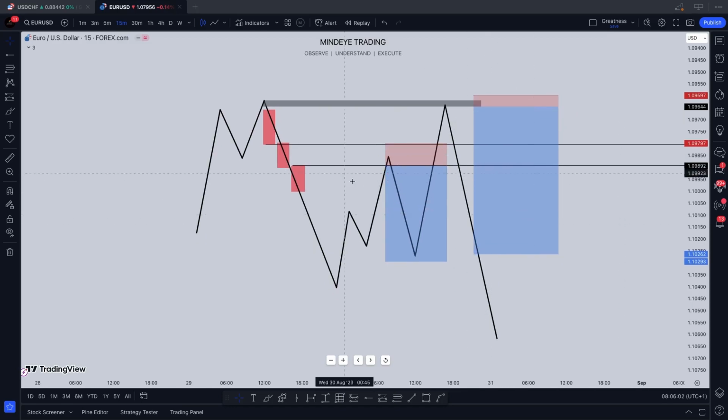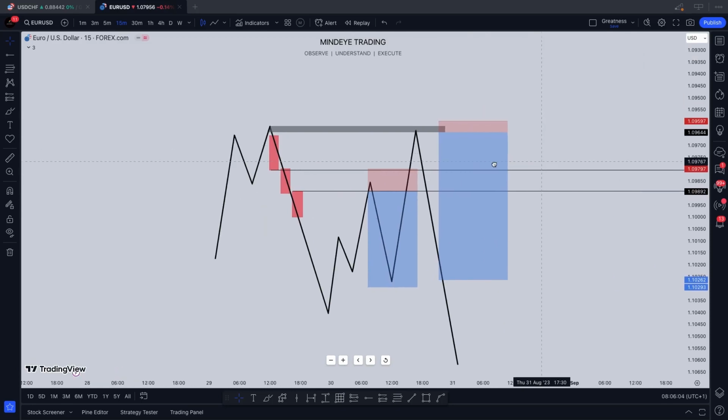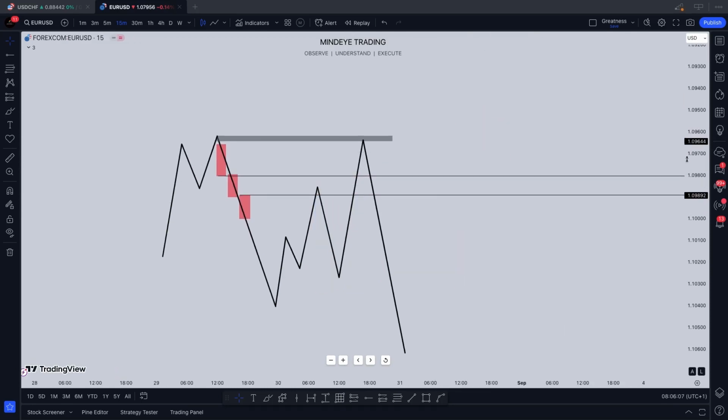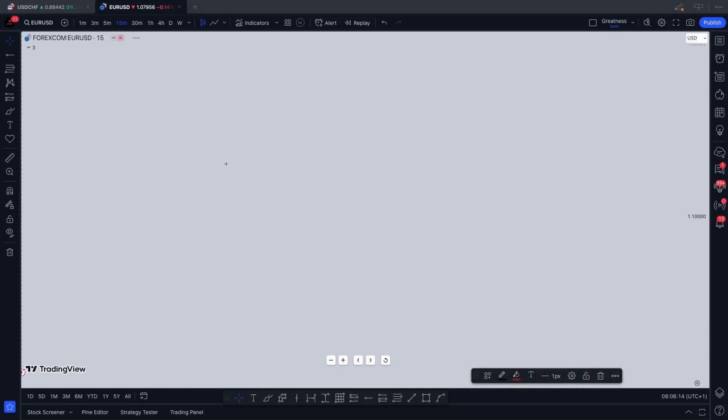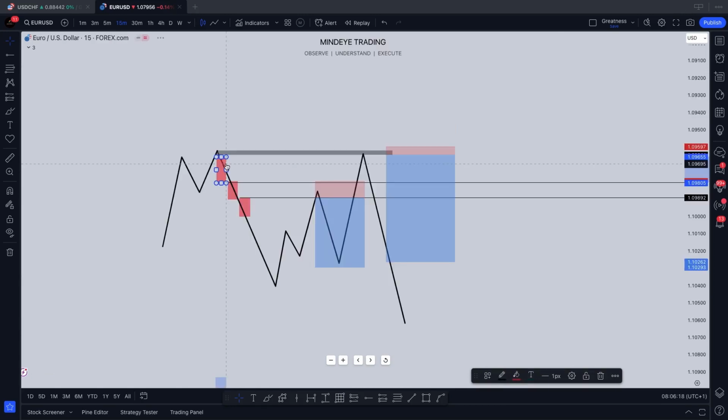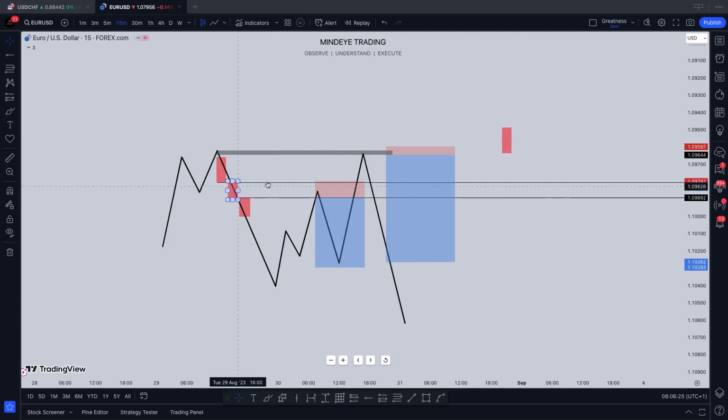Meanwhile, I just explained to you what an imbalanced market looks like, but I didn't show you what a balanced market looks like. A balanced market, according to smart money concept, is a market that does not have this gap. Quickly, let me duplicate or copy these candles, so you will see how a balanced market looks like.